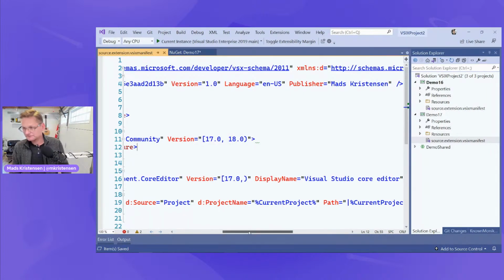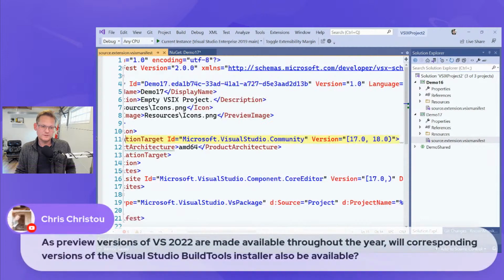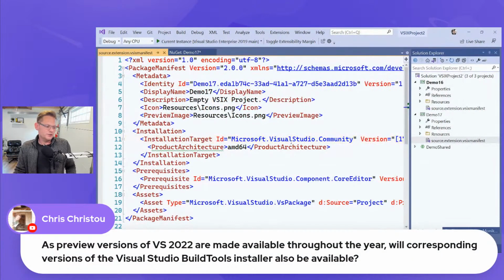Okay, all right. How about this one? Chris was asking earlier, as preview versions of VS 2022 are made available, do you know if there's going to be corresponding Visual Studio build tools installers also? Will they be available? You know, I don't actually know. Even if I say I assume so, that shouldn't help you because I still don't know.